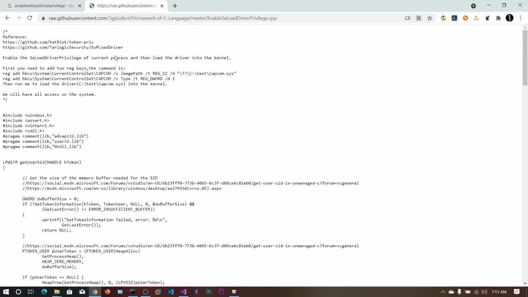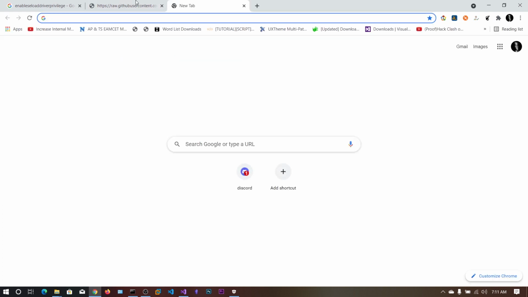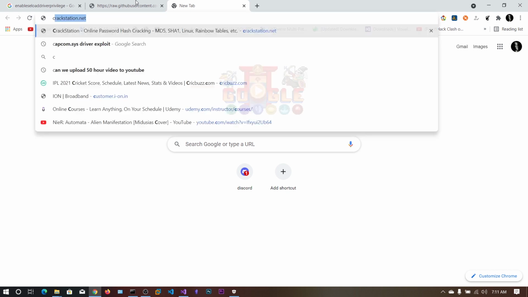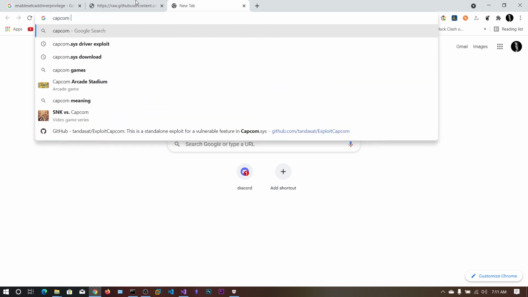So before running this binary, we need to add these two keys, so we will be doing that later. So the next file we are going to download is the capcom.sys file.